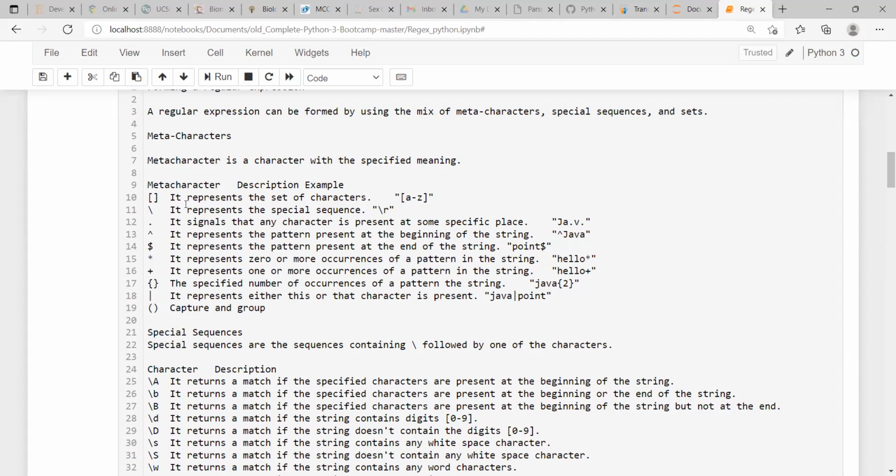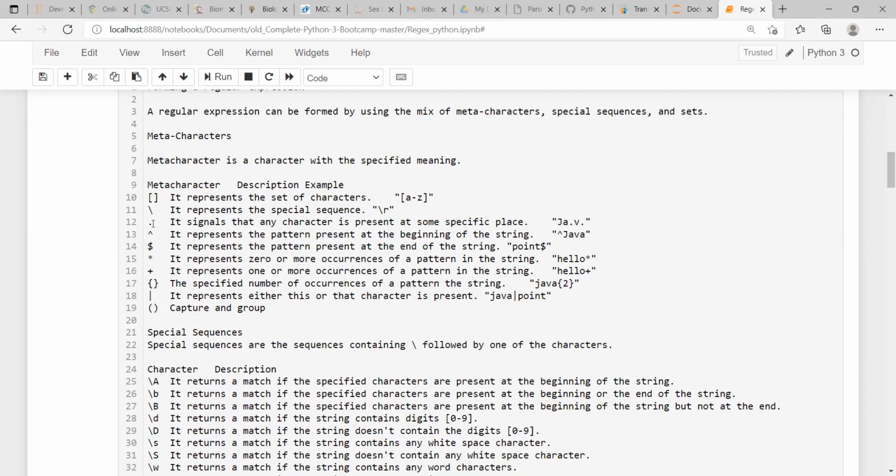Say for example, you will find that these are the meta characters. Just now I told you that there will be some symbols associated with this regular expression pattern when you are building this pattern. So you can apply some special symbols, termed as meta characters, which specify some particular thing.